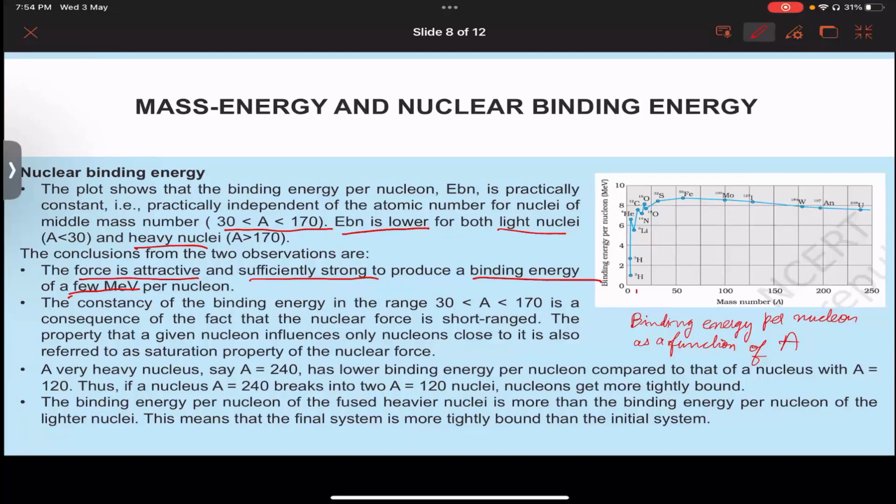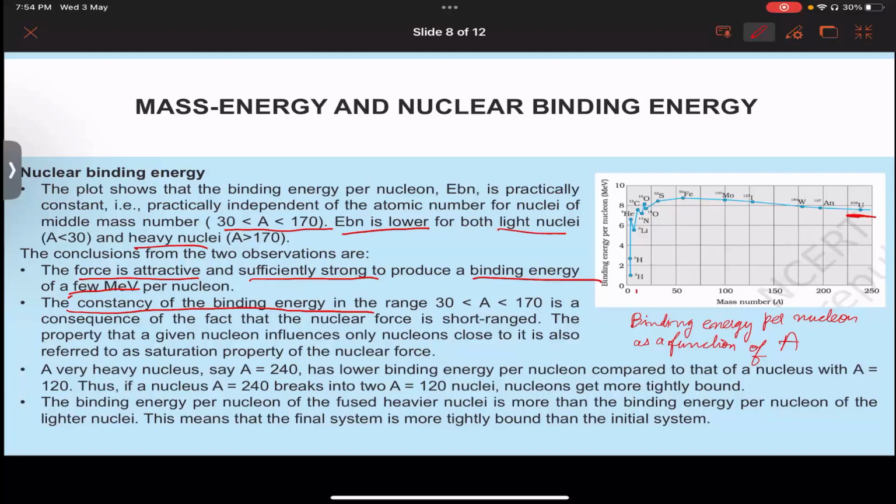Okay, and the property that influences a given nucleon is that only the nucleons close to it matter. It has a saturation property that is related to the nuclear force. Okay, so that is the reason why we have the constant nature of the binding energy. And for a very heavy nucleus, say around 240, that you can see for uranium over here, which is 238,